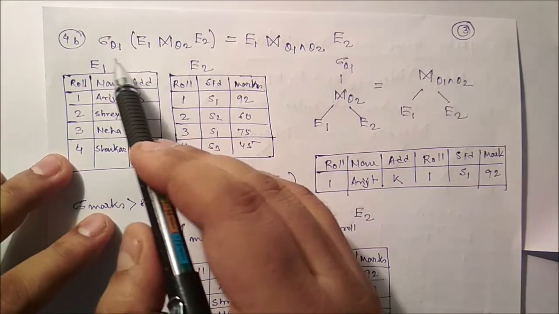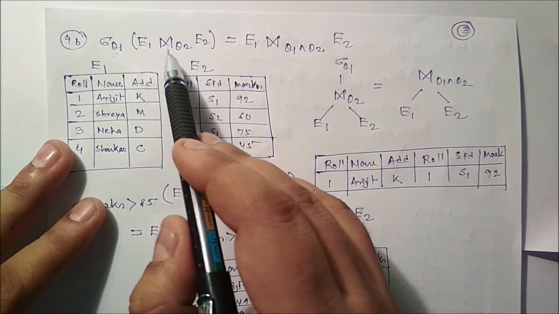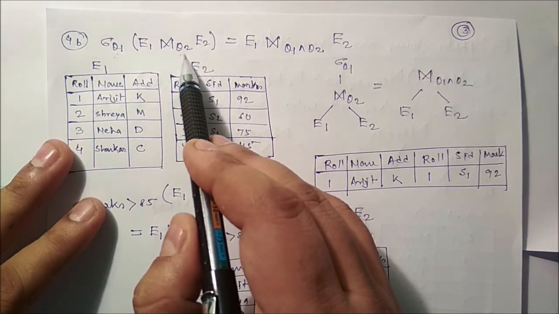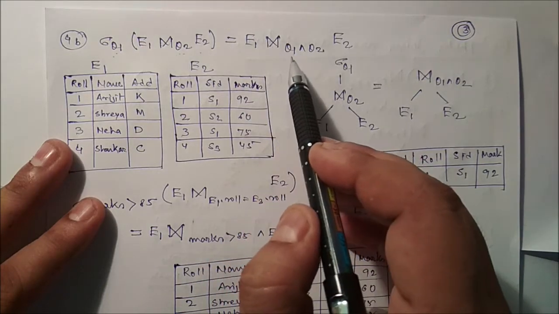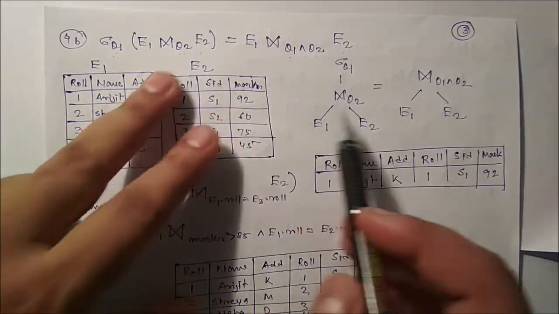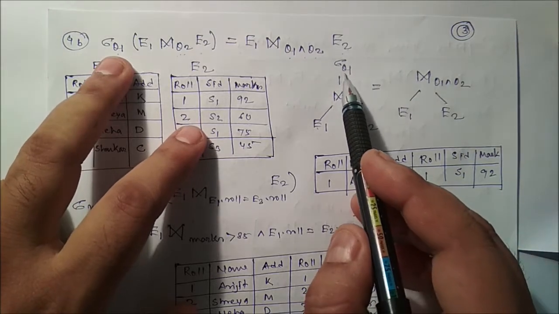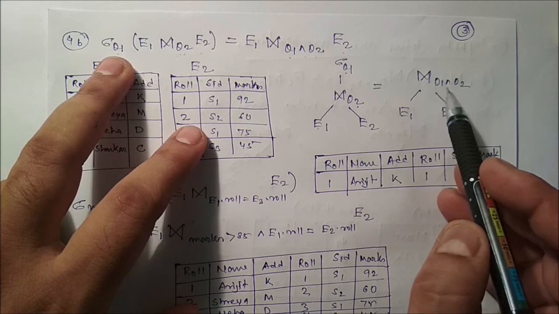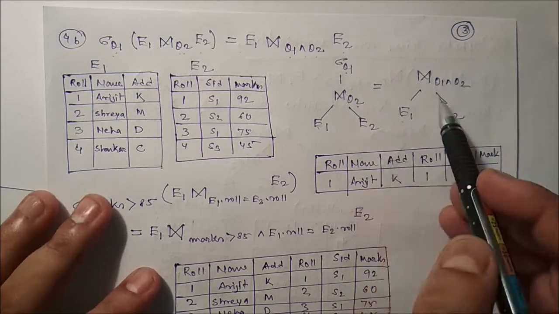Okay. Now we can say selection with condition theta 1 applied on E1 theta join, where the condition is theta 2, with E2. This is nothing but E1 theta join, where the condition is theta 1 and theta 2, with E2. That means here in this case we first apply the theta join where the condition is theta 2, then we apply the selection condition theta 1. Instead of doing this, we can directly apply the theta join where the condition is theta 1 and theta 2 on the tables E1 and E2, and in both cases the output is the same.